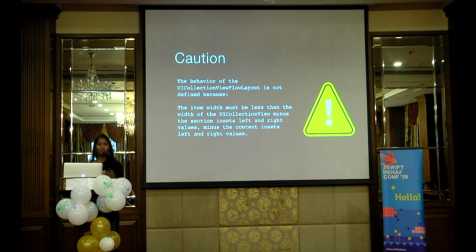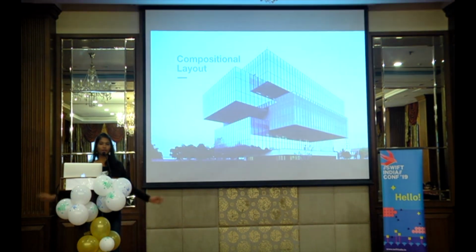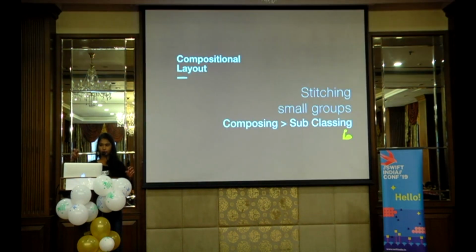With that, it's like Apple finally concluded that modern design problems require modern solutions. And with iOS 13, Apple has introduced to us this brand new concept called compositional layouts. What is this compositional layout? How does it help the developer? And in what way? So compositional layout is all about describing what the layout has to do. You pick small bits of components from your design, write code for them individually, and then stitch them together to form the overall layout. Now, in my view, this is another move by Apple towards a more declarative approach in programming, similar to SwiftUI. It makes the application developer care mostly about the what of things rather than the